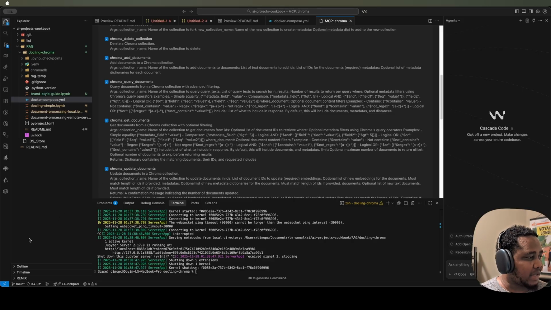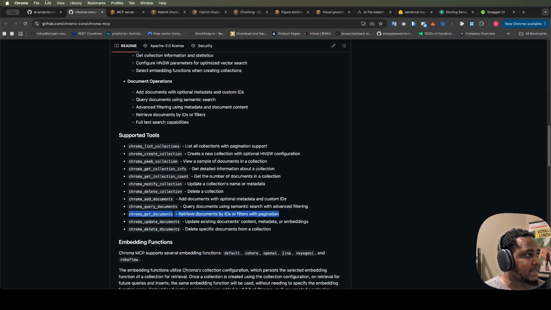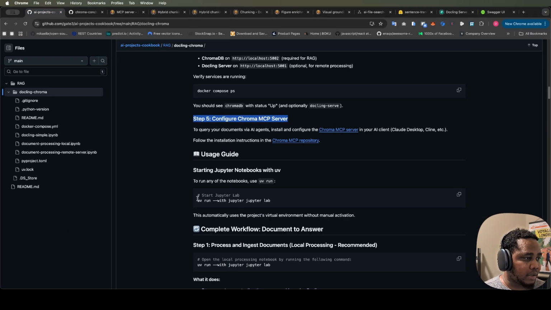So once you have that set up, the next step would be to run our Jupyter notebook. You need to run this Jupyter command within the Docling Chroma directory, and you also need to make sure that you run uv sync earlier. That is what you'll be using to install your dependencies. Both of those things need to be done in order. So I'll just run this within this Docling Chroma directory here, and yes,